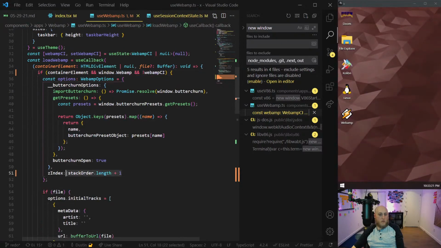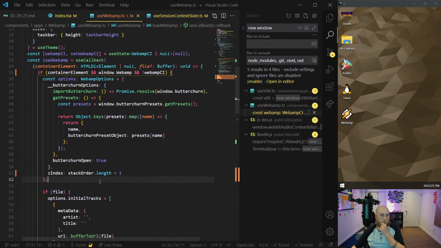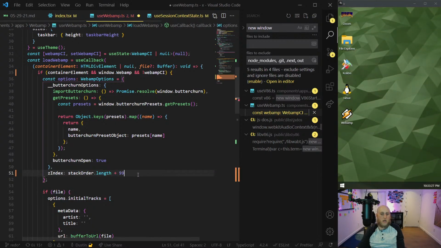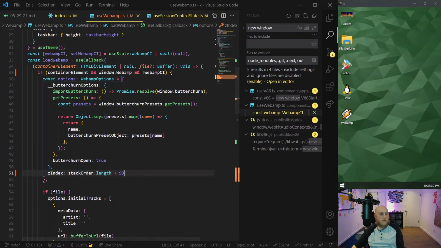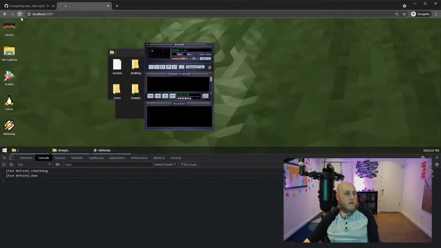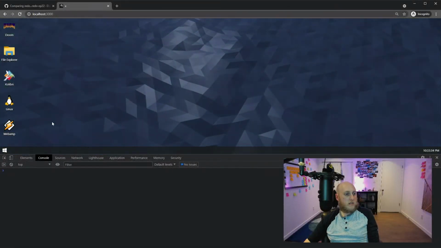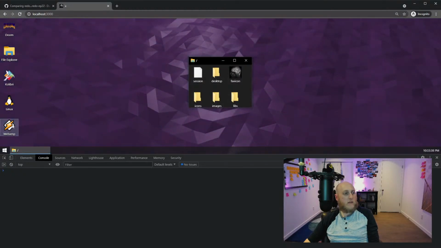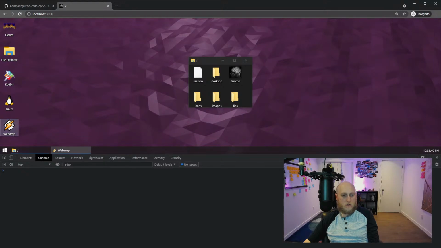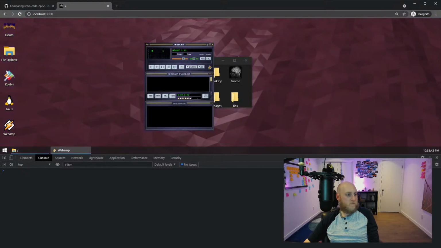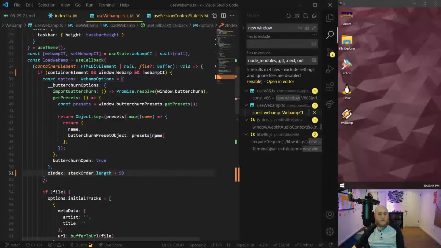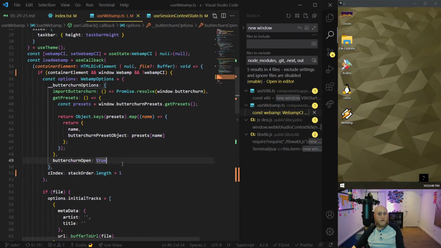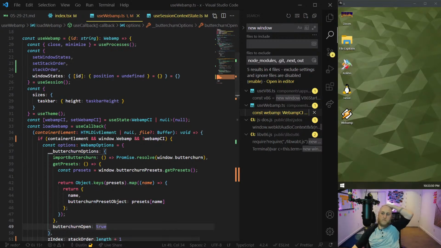Okay, so this part of the code was actually okay. But why doesn't it... Wait a minute. So what if I set this to 2? Or what if I set it to like 99? I'm confused, like why on load is it behind the other window already? Maybe because z-index gets updated really quick with the wrong value. See, watch, I open it and it's going to be behind the window until it fully loads. Yeah, you see it was there. That's not what I want. Well, I haven't solved that yet, but anyways, this here is good enough for what I wanted.